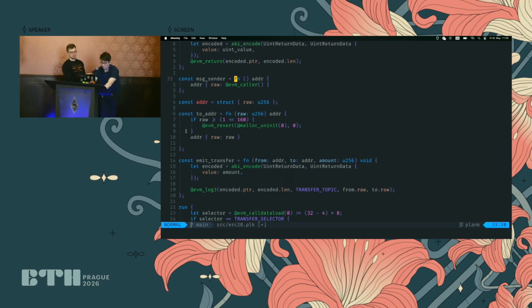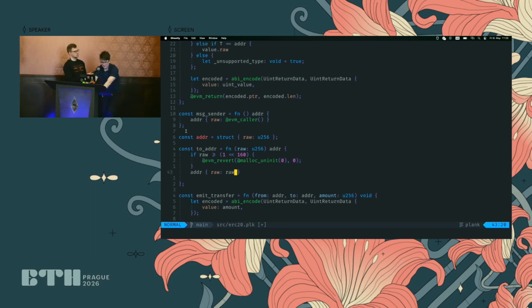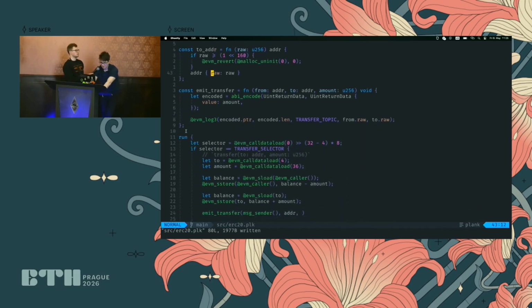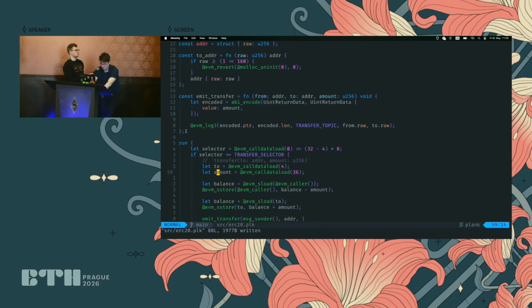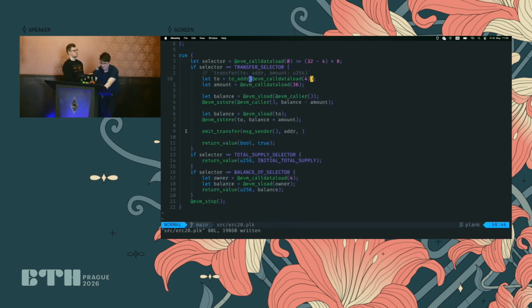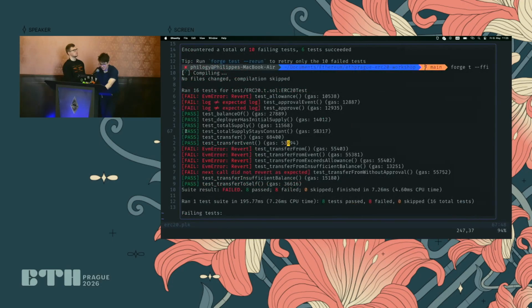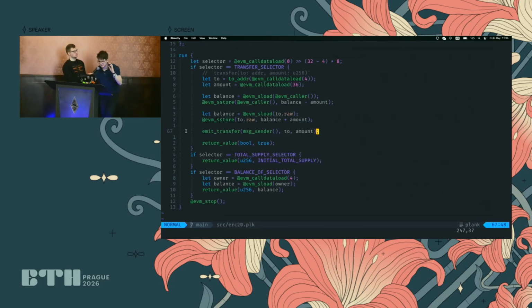Right now, there are no further protections against accidentally, illegally initializing an address. But in the future, we plan to have public and private fields similar to Rust or other languages. But yeah, we have our address helper here. So let's wrap that here, and it'll now revert if we ever try to pass an invalid value in call data. And then we have to load it here, but otherwise access the raw version. So then we made the transfer from message sender to the recipient with the amount, and let's see if that works. And voila, it passes.